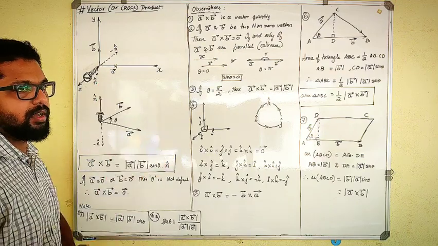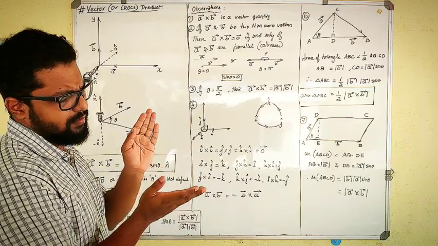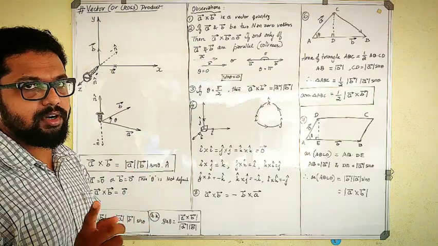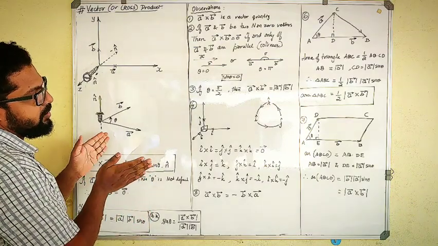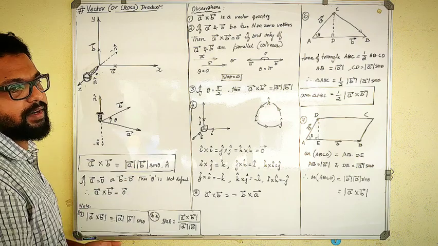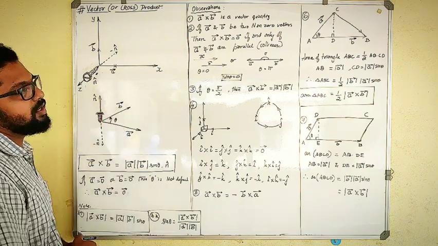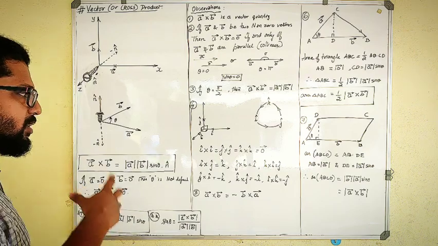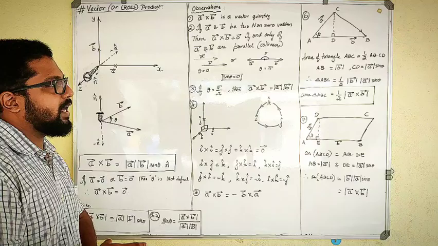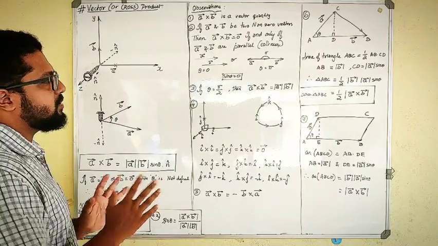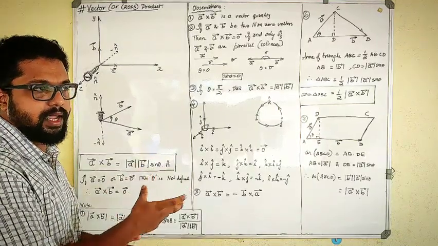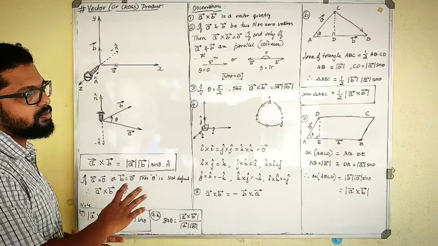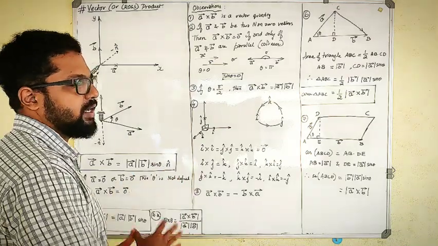Okay, previously in dot product, one vector was made to fall on another vector and we would get a scalar quantity. That is dot product. Now one vector is made to fall on another vector to give out a vector quantity. That is why it is called a cross product or vector product. Clear? So clearly recall scalar product and then come to vector product, because these both have a little similarity between them and there are high chances of you getting confused. Okay, do not get confused at all, because these are two different concepts with a similarity in between.